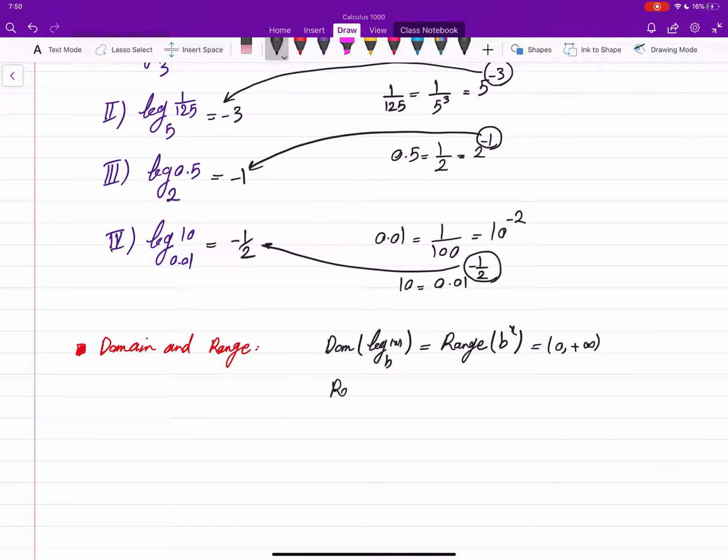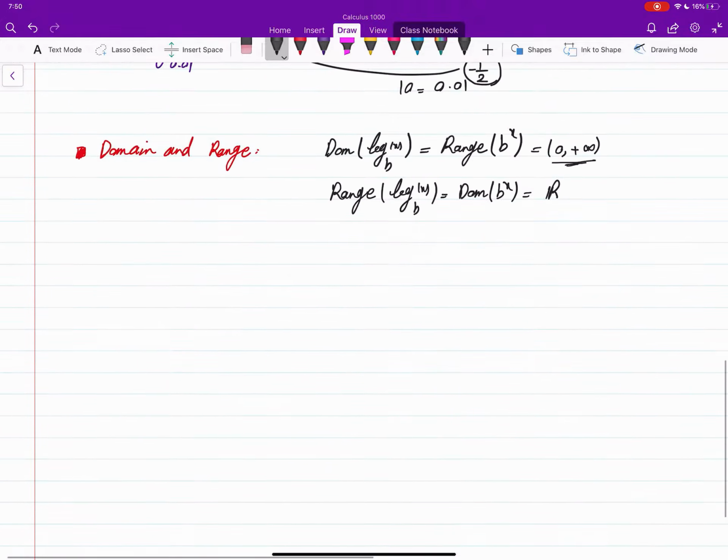And the range of log x base b is the domain of b to the power x, but we know that we can put any number we like as the power of b. That means that this whole thing is the real line. So the range of log is the whole real line, but the domain only accepts positive numbers. This is very important, and sometimes we need to be able to use this pattern to find the